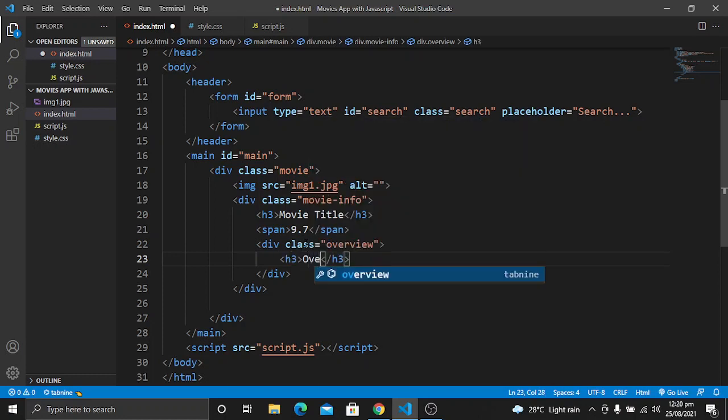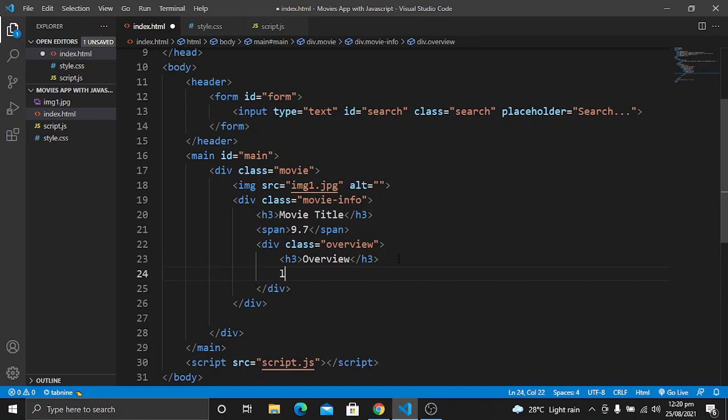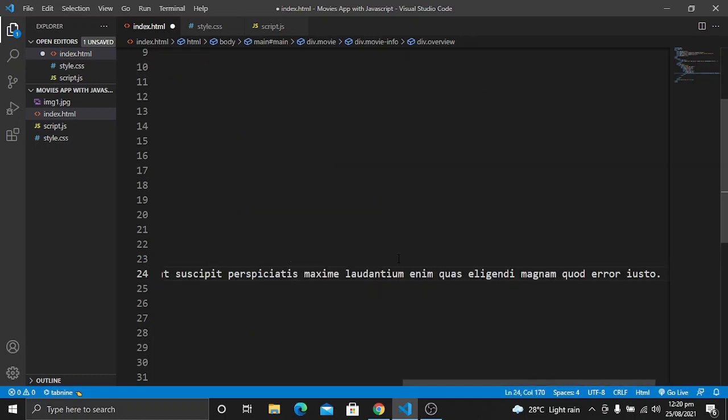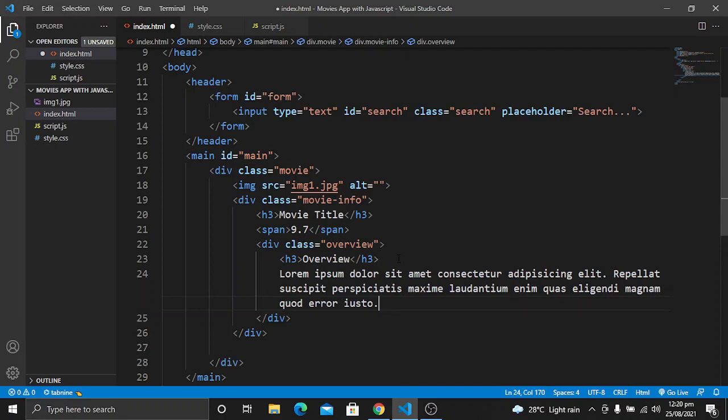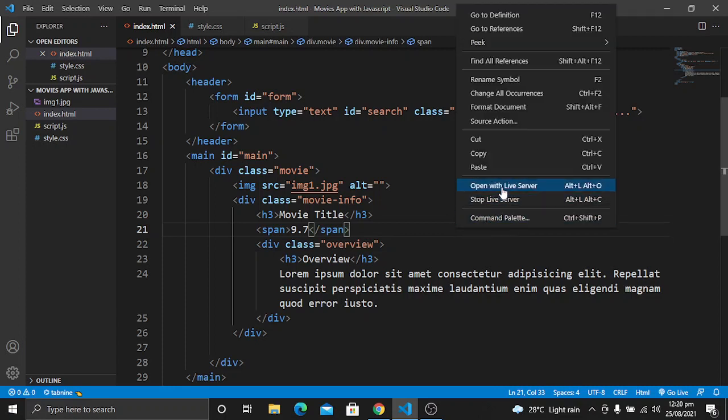First of all give it the heading of overview, and underneath this we will have a lorem 20, which will be the content. So let's save it. Now we will open it with the live server and see how it's looking right now.